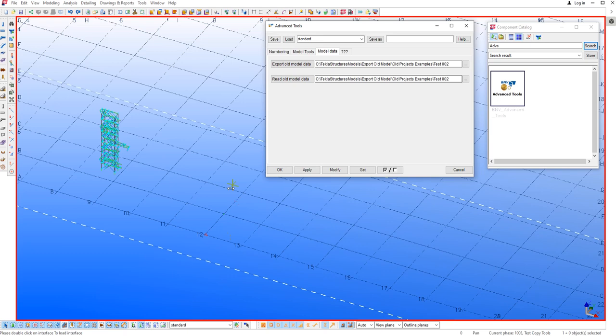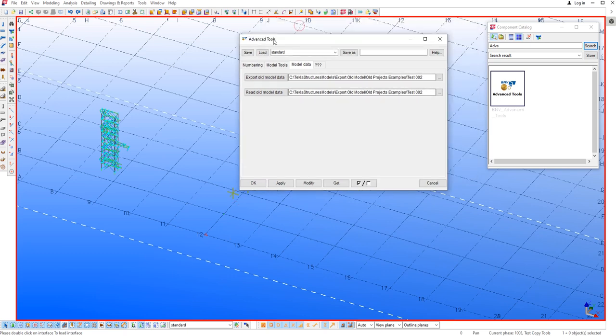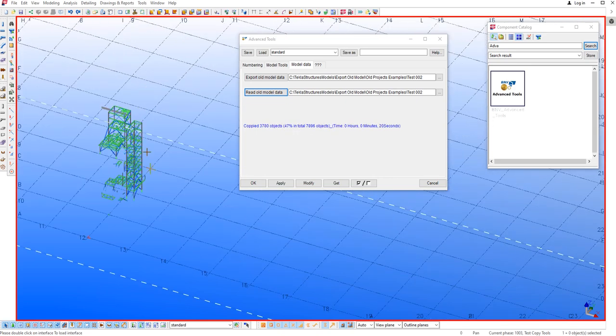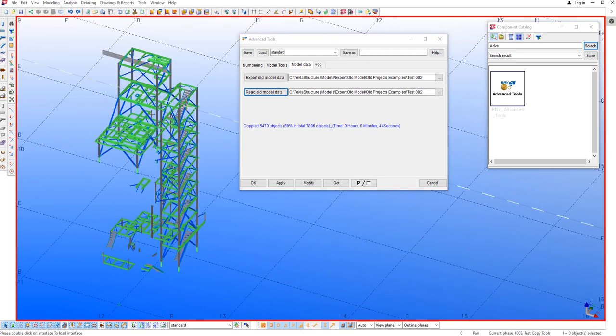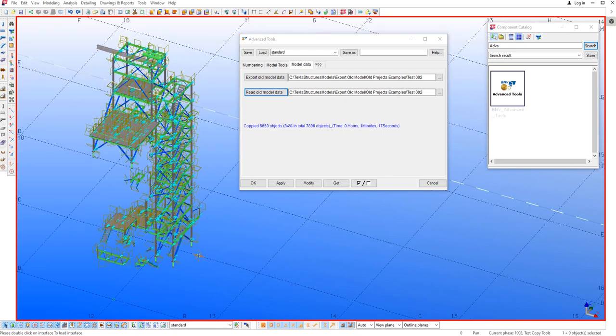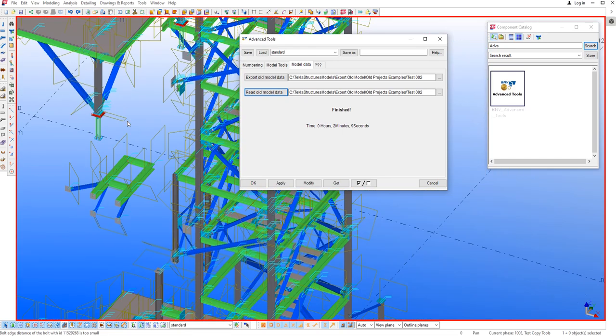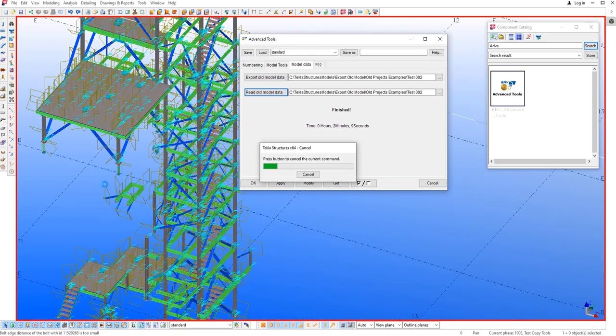Now we try to import into our Tekla version 21. For example, we read the data. Let's copy all the beams. Copy one by one for structure, beam, contour plate, weld, and cut, making it easy for you to rebuild the model or copy a model from one model to any version. You can improve it for components or other object types if you want. Now you can see the full detail is almost all copied for you, fast and easy. Very easy for you to back up a model or transfer a model to another model.